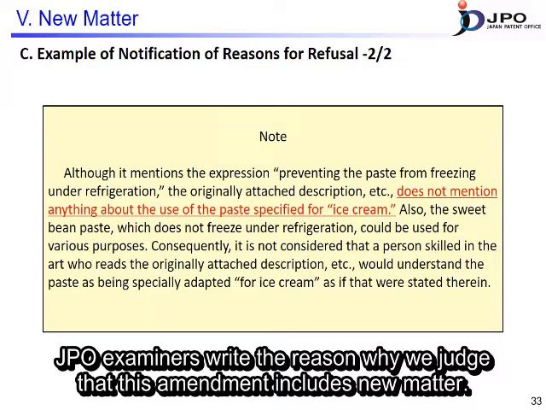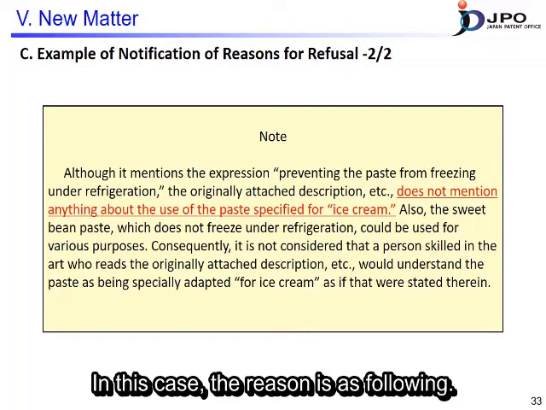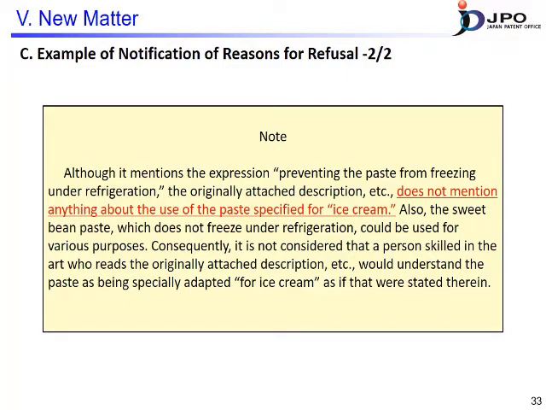This is the reason for refusal of this sample case. The JPO examiners write the reason why he or she judged that this amendment includes new matter. In this case, the reason is the following. I read them. Although it mentions the expression preventing the paste from freezing under refrigeration, the originally attached description, etc.,